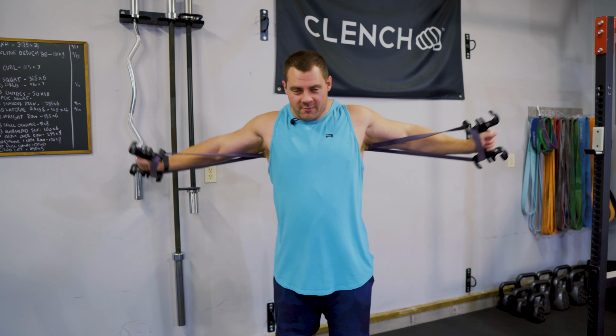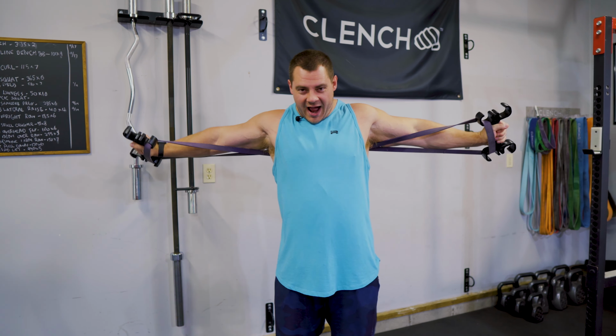And then you don't need a bench because you can kind of just do this wherever, but I like a bench because then it feels more like the conventional bench press, and I can really set myself on this bench, get a nice firm base, pushing with my quads, my glutes, and then we're gonna come down as low as we can until we lose tension, explode up, big squeeze on the top, really driving those biceps into your pecs